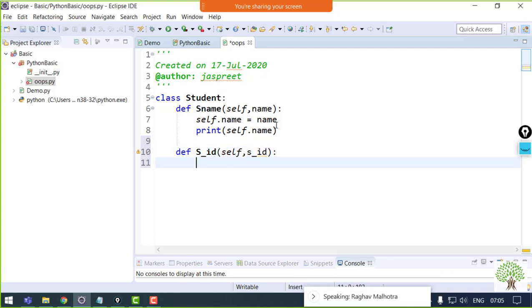Sorry, Raghav, your voice was a little disturbing. I could not understand. Can you repeat that? No. Like in Java, we use the this keyword, right?